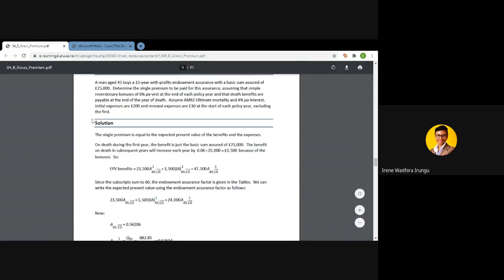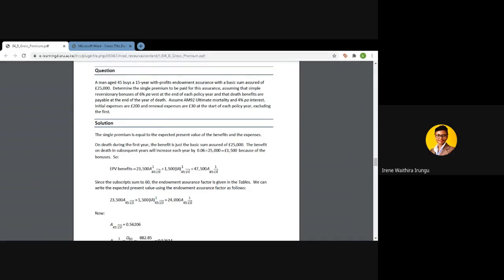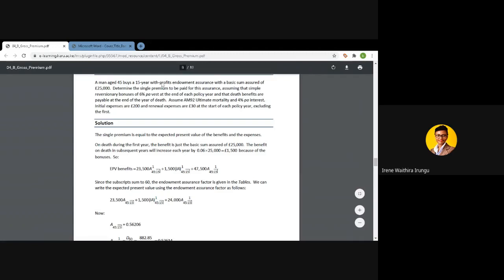Also assume AM92 mortality and 4% per annum interest. Then again, another basis is that initial expenses are 200 and renewal expenses are 30 at the start of each policy year, excluding the first year. So for this, because we want to see how the with profits affects the benefits, we can start off with the EPV